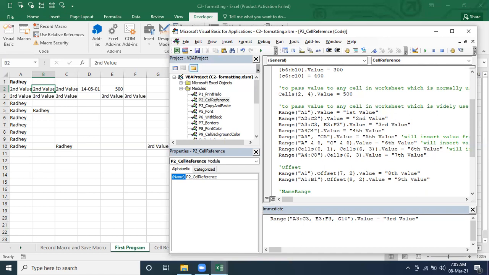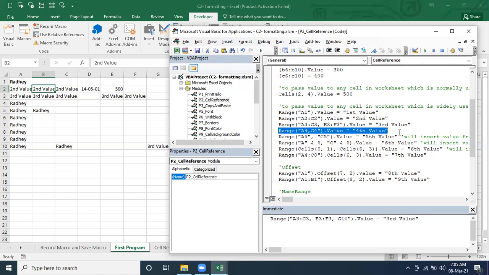If you use a colon, then it's going to talk about A4 to C4 only. But if you are giving a comma instead of a colon, then it's going to understand we are talking about individual cells. Hope it's clear.